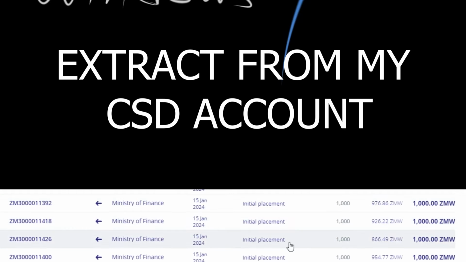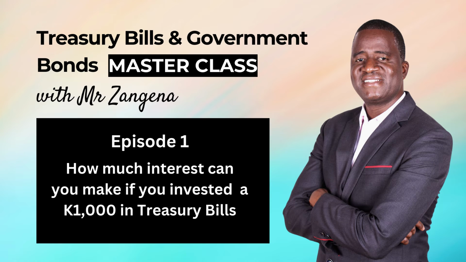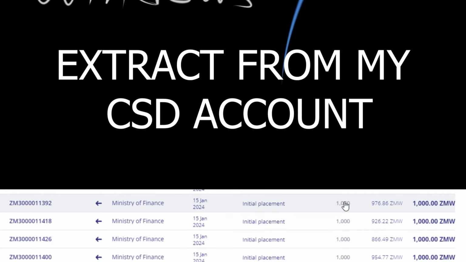I would like to show you the 4 transactions that I did on 15th January 2024. On 15th January 2024, I invested 1,000 in 4 different treasury bills. One treasury bill was for 3 months, the other one was for 6 months, the other one 9 months, the other one 12 months. As you can see, this is the serial number, which is here,